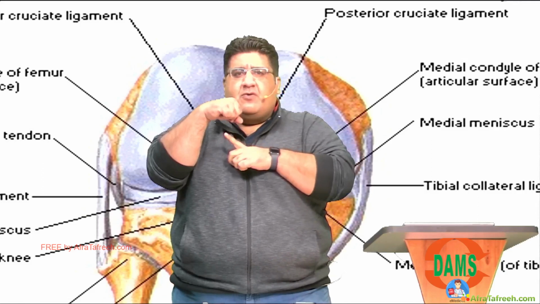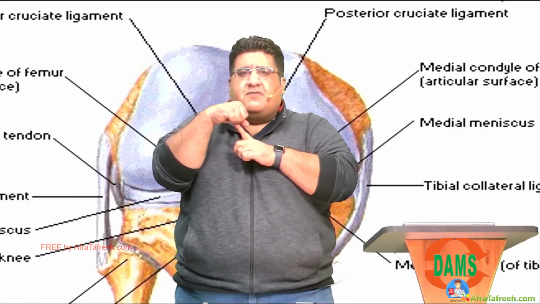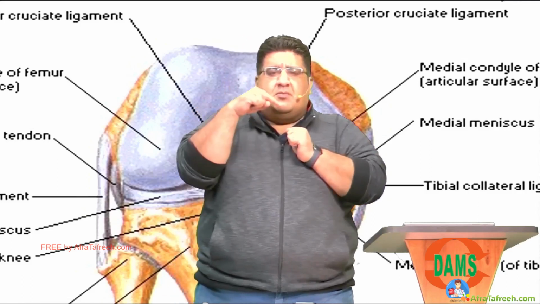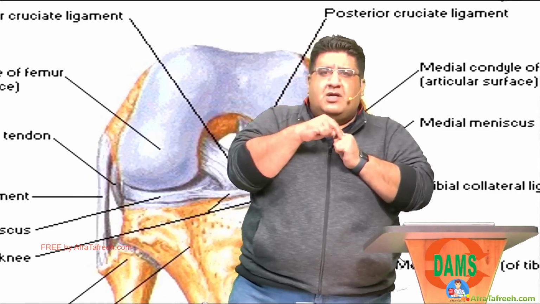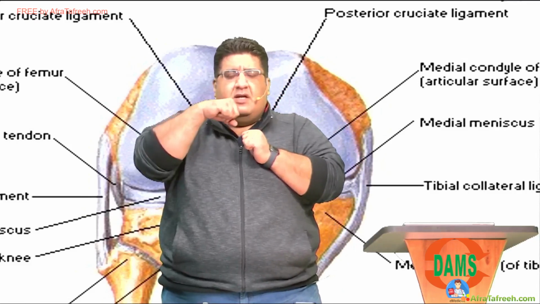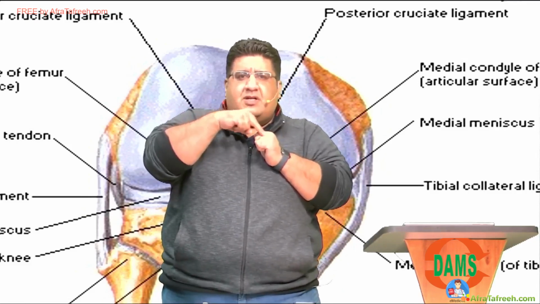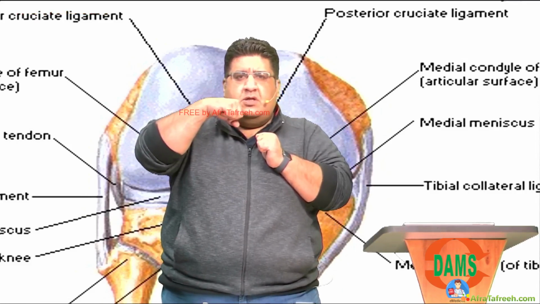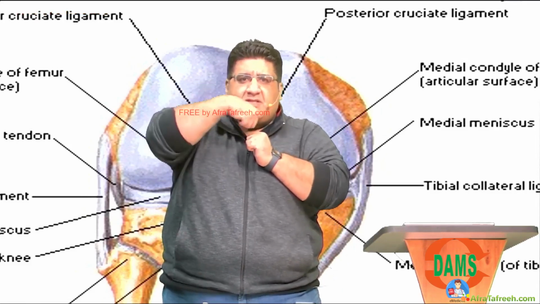ACL, you have to come from the posterior part of the intercondylar notch of the femur. You have to go to the anterior part of the tibial spine of tibia. You have to tell tibia that tibia cannot go excessively anterior. So ACL goes to tibia and tells tibia, stay in limits. Meanwhile, madam, femur is coming for you.